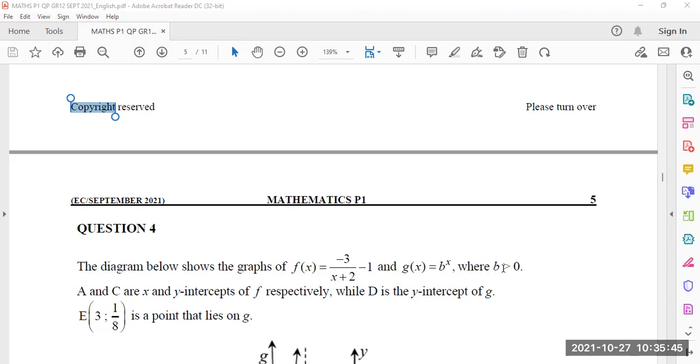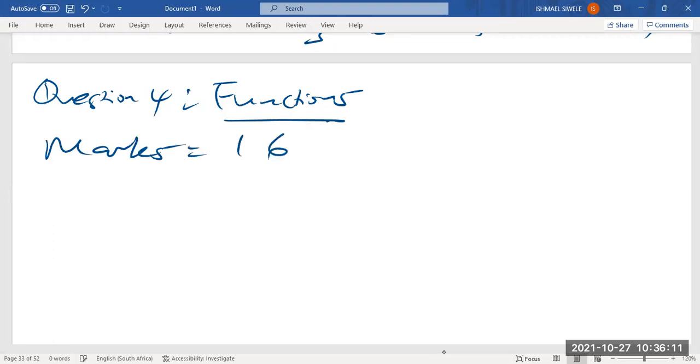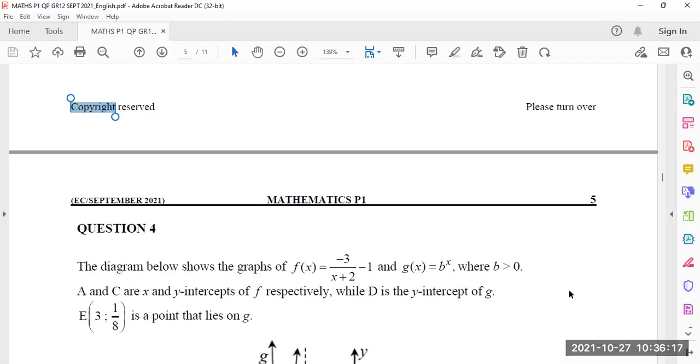So now you're looking at question 4, and you can see here, question 4 is a question on functions. So what is it that we are given in this question? Let's find out. So in this question, what are they saying? They are saying,